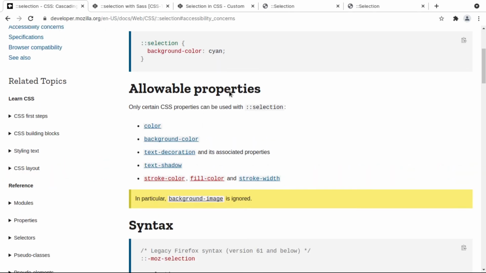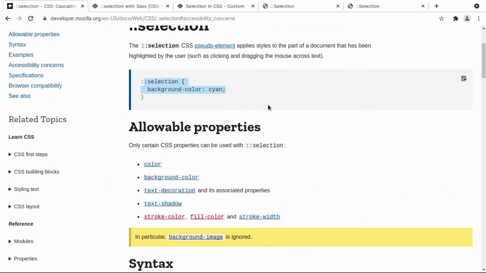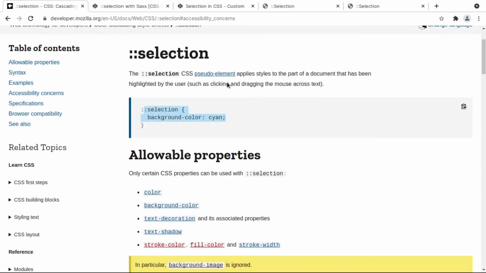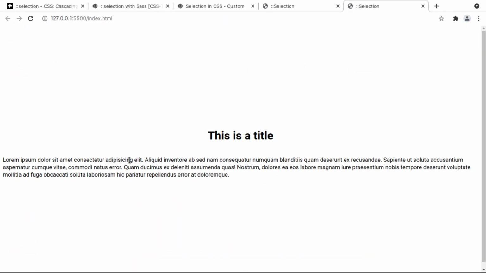And what more we can do with it, we can obviously use the text shadow and many other things. So you can just refer to this page. Obviously I will link all the resources in the description below, so checking it yourself is a good thing. And if you don't want the user to select the text, obviously I got you covered.